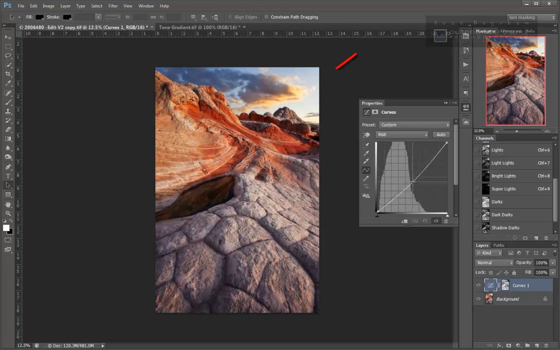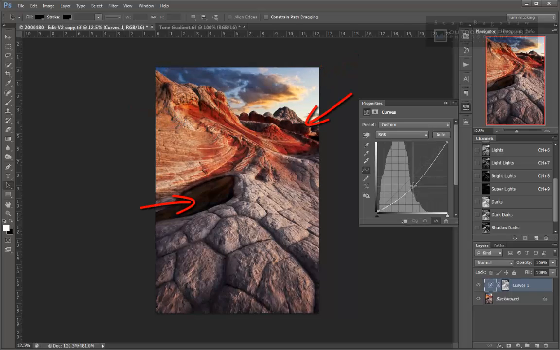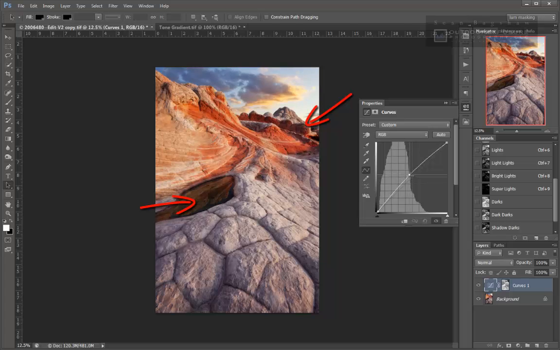So we can see here that the lightest areas of the image in the sky and in the bright rock are not being affected very much by this adjustment, while the darkest areas, like in the reflection in the darker areas of the rock, are being affected quite a bit. So let's use this adjustment to lighten up some of the dark areas. Now I'm going to turn that off